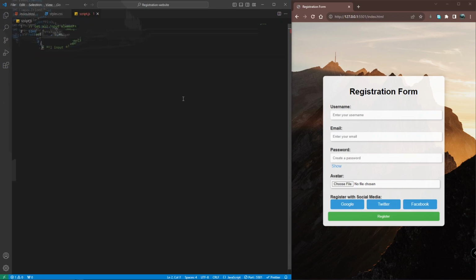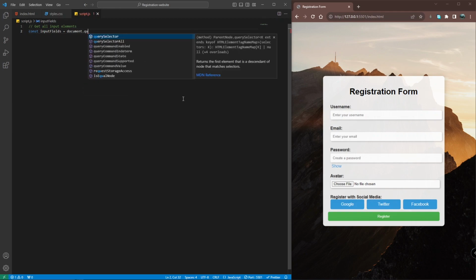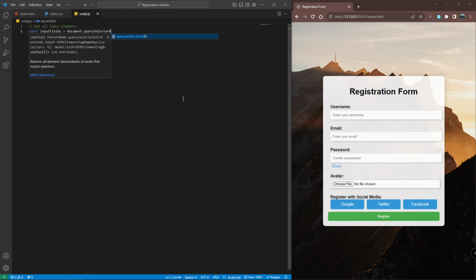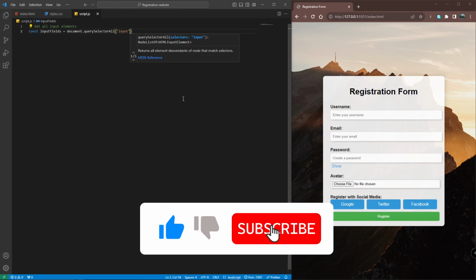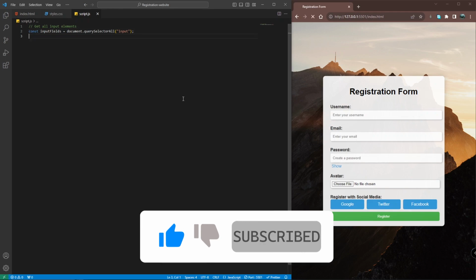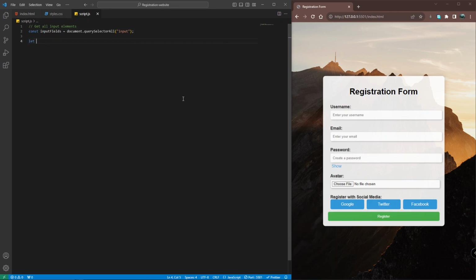Let's store a constant inputFields with document dot querySelectorAll input. Okay, let isTyping equals false. Okay,